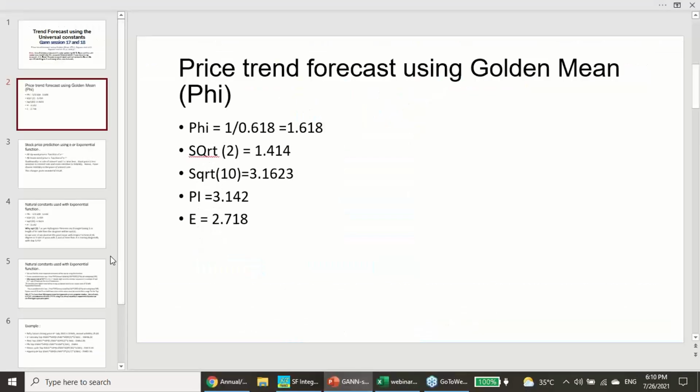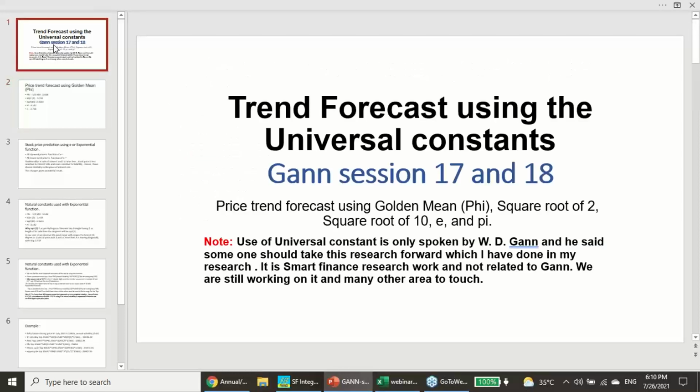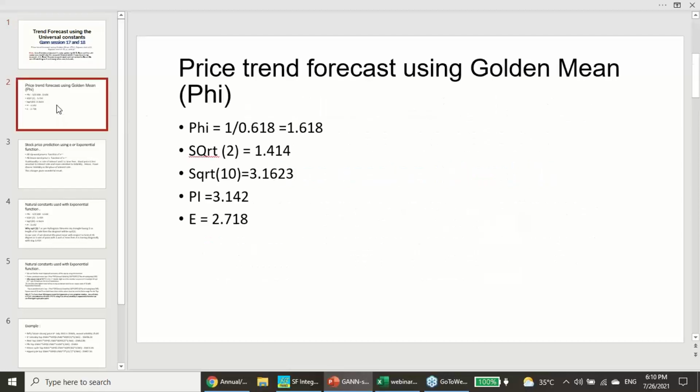Now first you learn what this particular method is, so that it will sound very logical when we go into it. As I mentioned to you, we brought this method into the public domain in our GAN program, the last month's WD GAN program, the complete GAN course, sessions 17 and 18. Many of you have joined that program and experienced this method, and the overall success rate, as I used to say, stays above 80%.